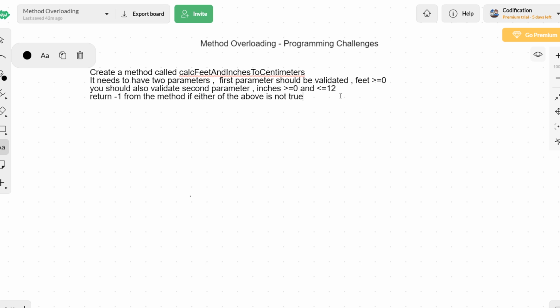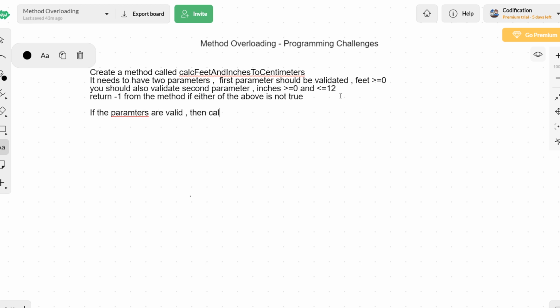If any one of these validations is not true, then we should return -1 from the method.